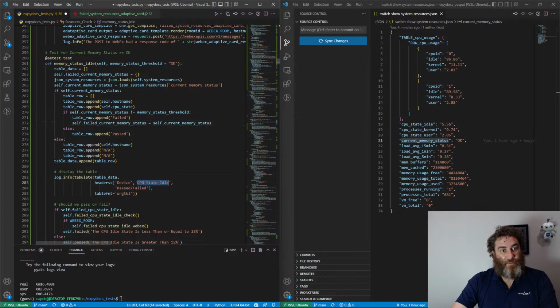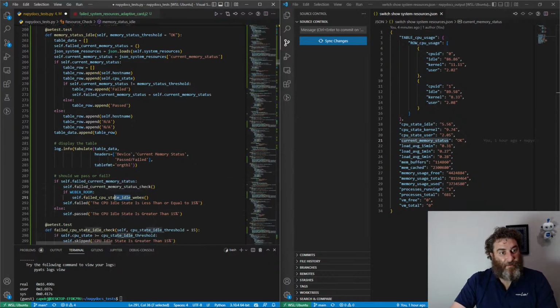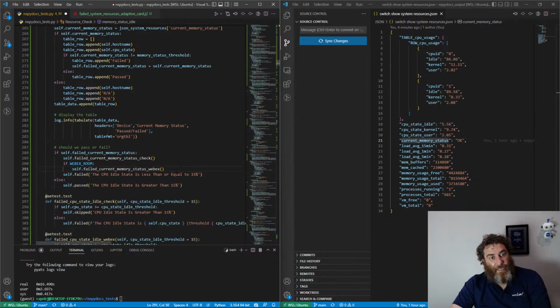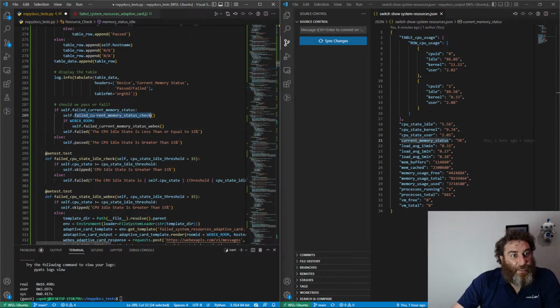And the table is going to be current memory status. If failed, run the check, run the Webex, and while I'm in here, we're going to copy that, paste that, copy that, paste that,